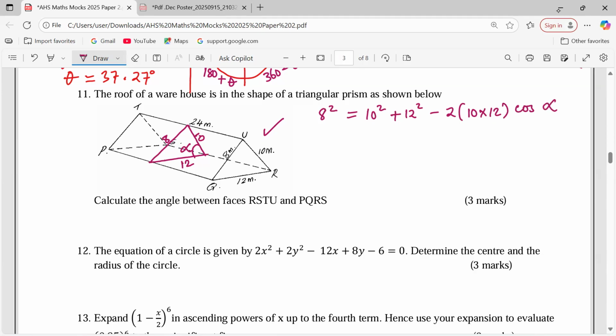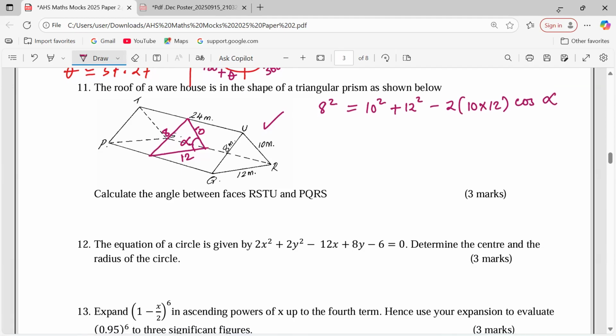This is according to the cosine rule. So let me solve: 8 squared, I subtract 10 squared, then I also subtract 12 squared. This becomes negative 180. This is equal to negative 2 by 10 and 12, which gives us negative 240